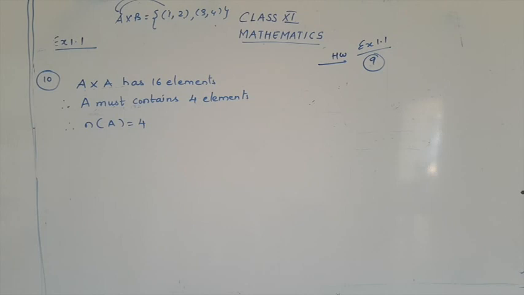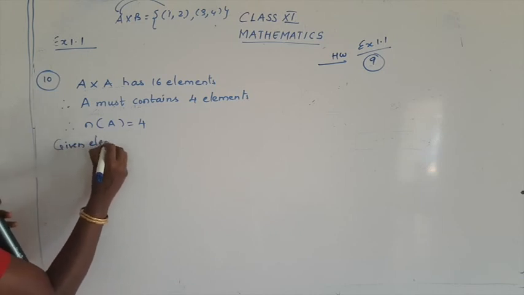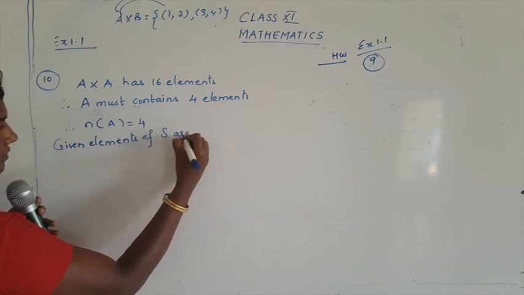We have that A cross A has 16 elements. So the S members are also taken from A cross A, and they are in ordered form, that is (A, B). Also one condition is given, that A should be less than B. Okay. So now let's go for the elements. What are the elements given for S? The given elements of S are, tell me, what are the elements given?